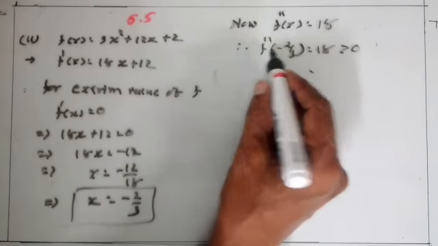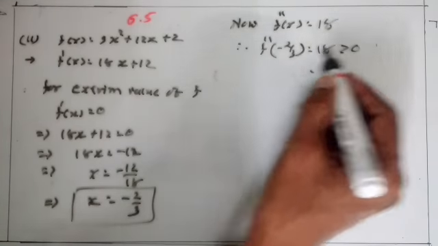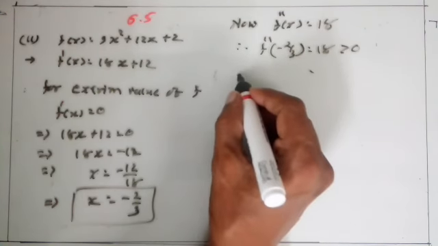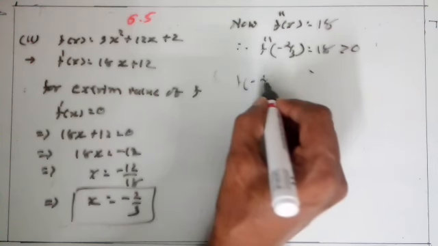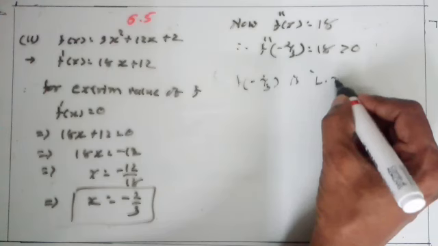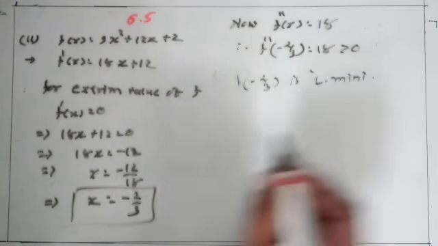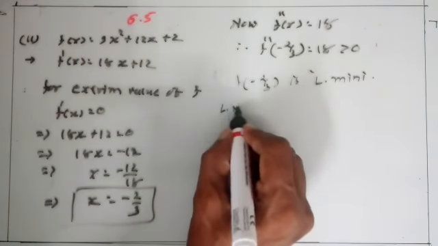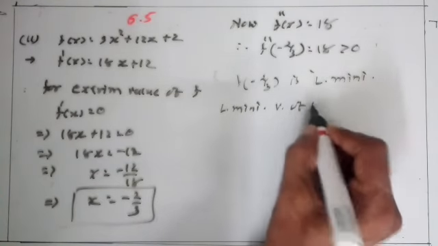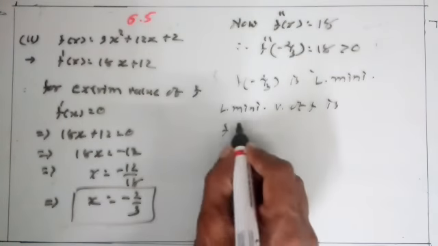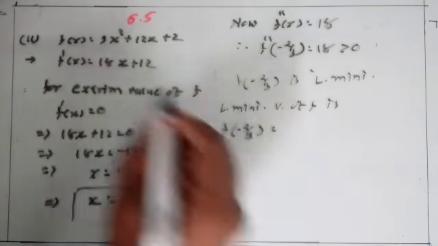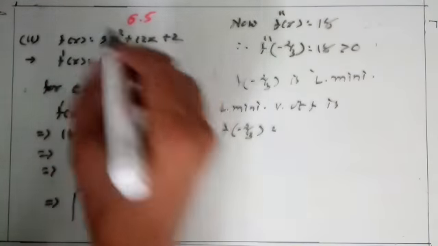Here the second derivative at minus 2 by 3 is greater than 0, therefore f(minus 2 by 3) is a local minimum, and the local minimum value of f is f(minus 2 by 3), replacing x by minus 2 by 3 in this